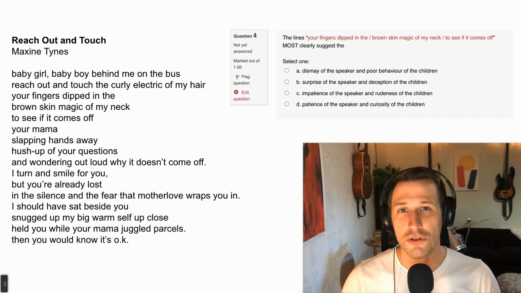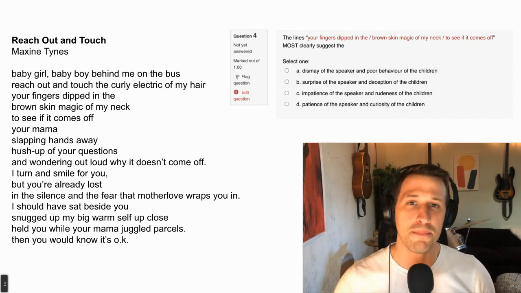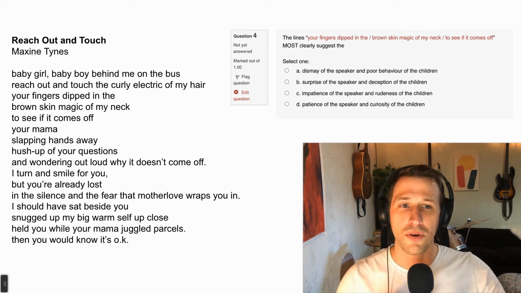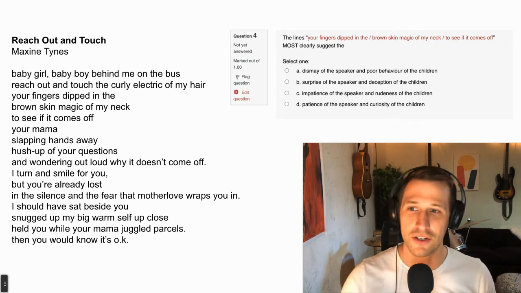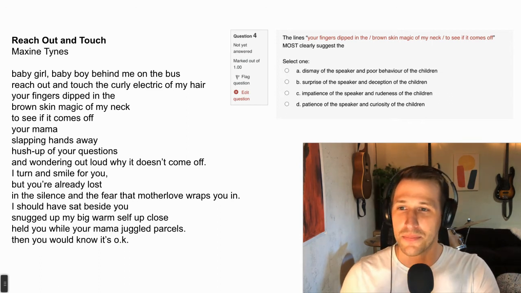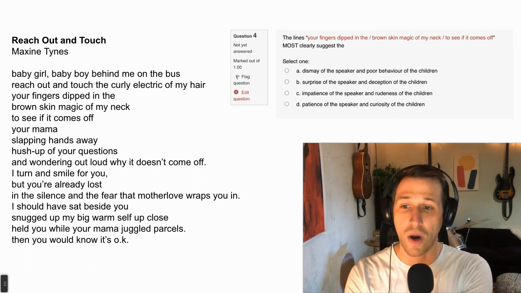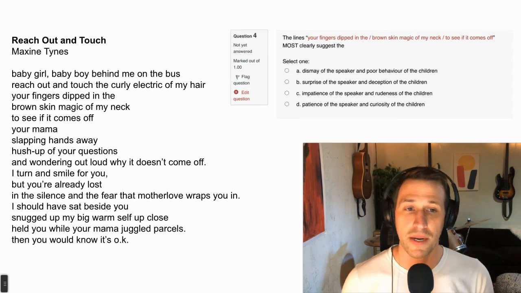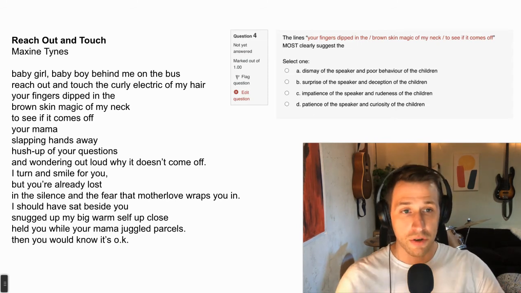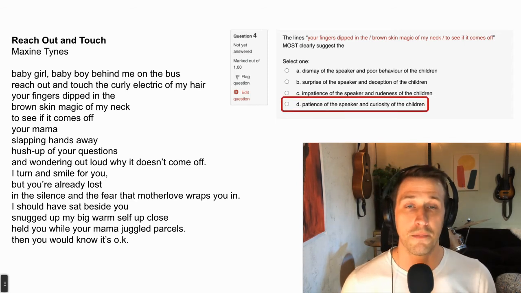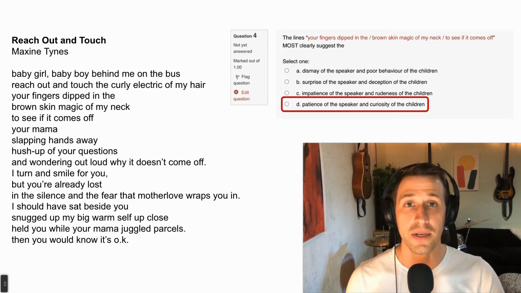Then what about the children? Are the children in this moment reaching over and touching? Are they being deceptive? Or are they being curious? Because if we've already narrowed it down for the speaker a little bit, we can just focus on B and D a little bit more. I think the children are being more curious than deceptive. I don't think they're trying to trick anyone or trick their mother. There's something, like she said, this electricity about her, some sort of magic. Like the kids are curious and they're just wondering things. I think that word wondering especially connects to this idea of curiosity. So of these 4, I'd say the speaker seems very patient. The children seem curious, meaning for me, D. Again, maybe for you, it's a different letter, but same answer.